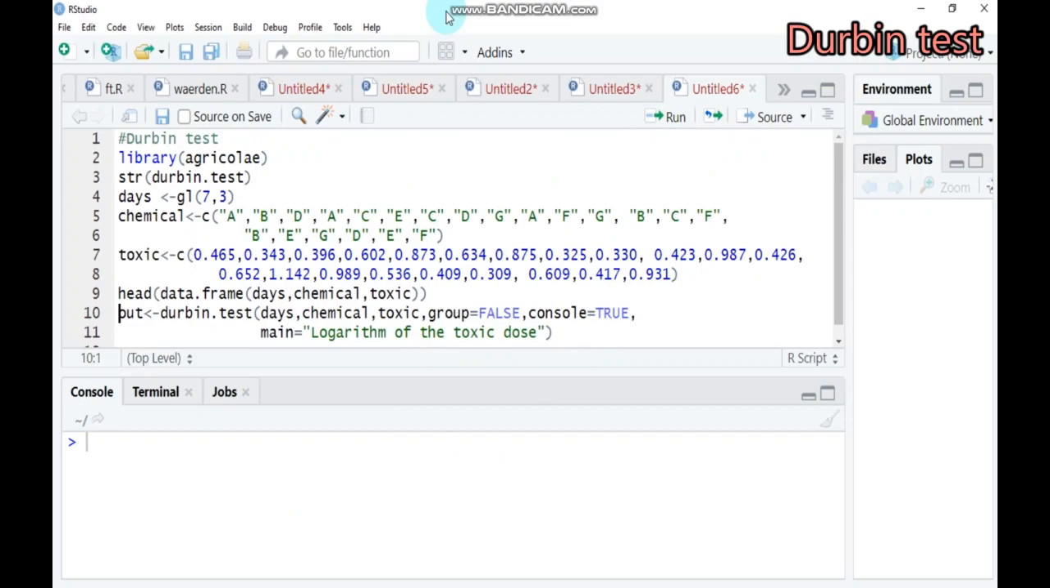Hello everybody, today we're going to look at the Durbin test. This comparison method is especially used for non-parametric tests, and the Durbin test is preferable for the balanced incomplete block design. So what is the difference between the randomized complete block design and the balanced incomplete block design? In the randomized complete block design that I described in my previous tutorials, it shows